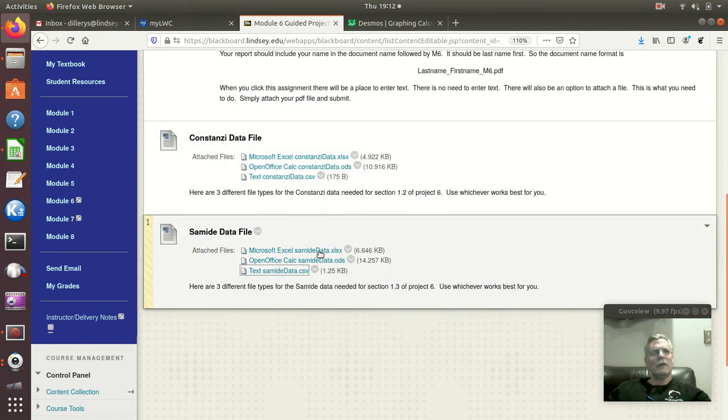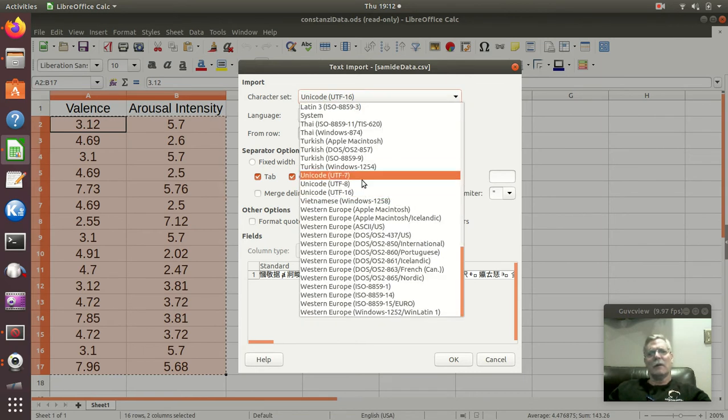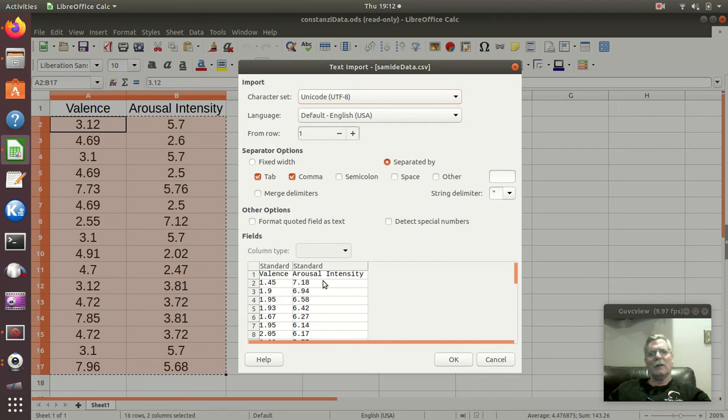Now I don't see anything, but if I come over here and click on my LibreOffice right now, see it doesn't seem to understand what's going on, so I'll try the 8 instead of the 16, and oh, look at that, looks great. But if you have trouble opening the text file, use the Excel file, and so forth. So I got that, and I say OK,